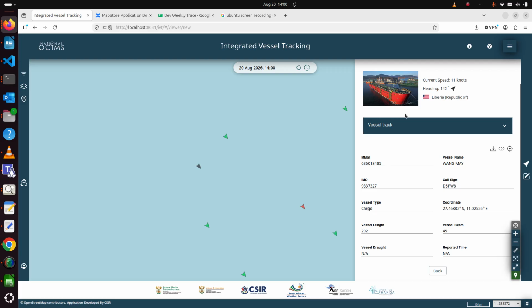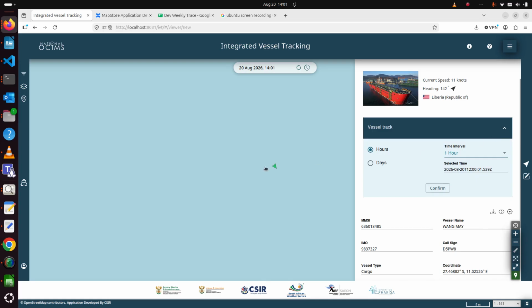So as you can see, it has the positional information about the vessel, but it also has the attribute information about the vessel. You have the option to zoom to where the vessel is. You can highlight it on the map. You can download a CSV that has all this information that's shown here, or you can